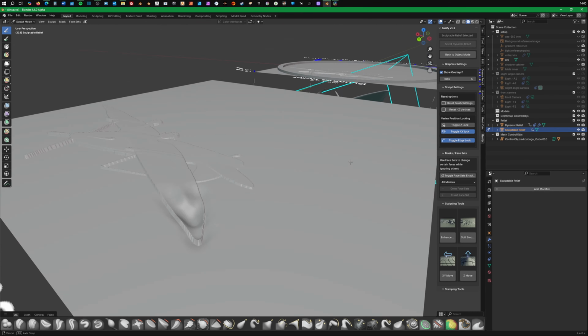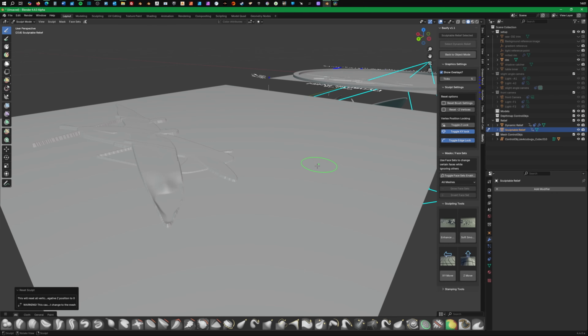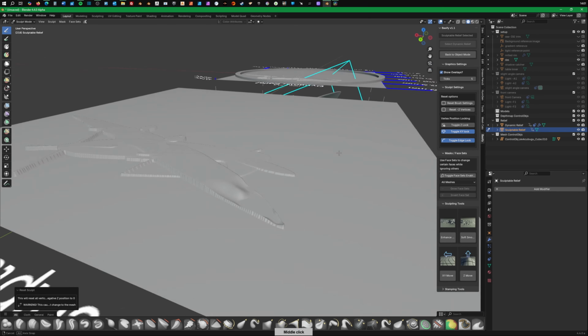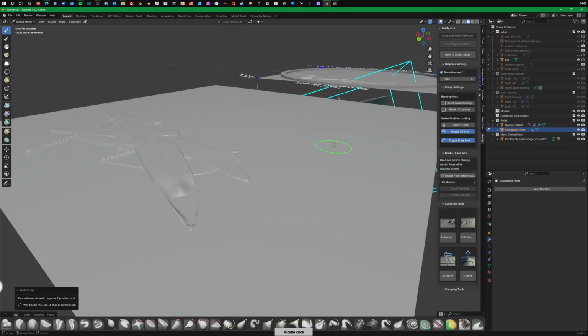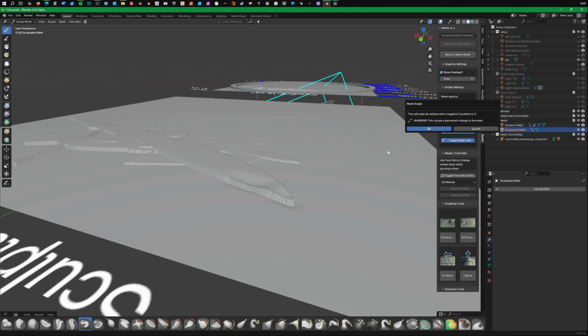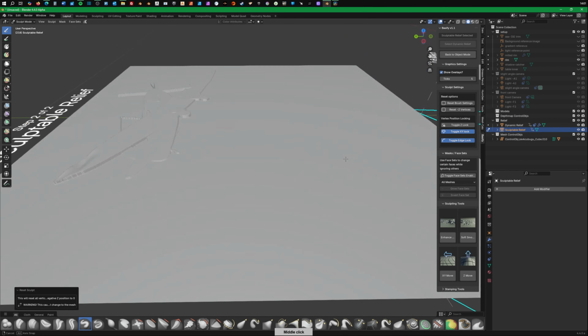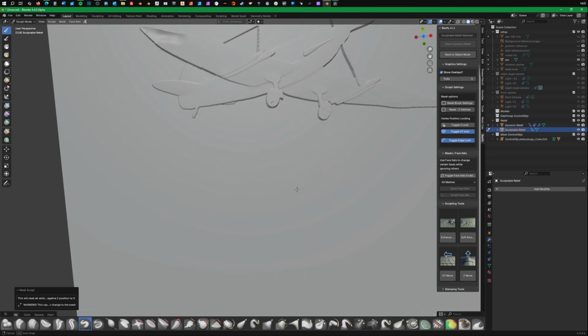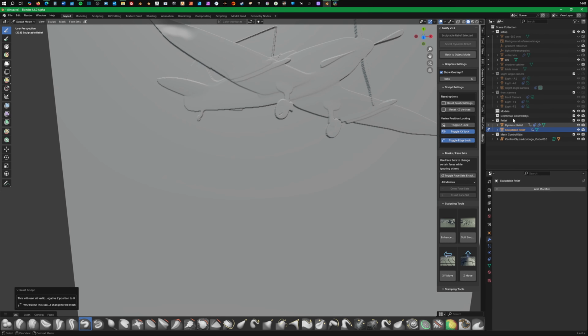What I can do is click this button and it fills in everything below Z0 with a flat plane, which is going to be really handy, just to be able to maintain a flat plane outside of a model, especially with things like proof coin, where you want that hard edge and you want a flat background.